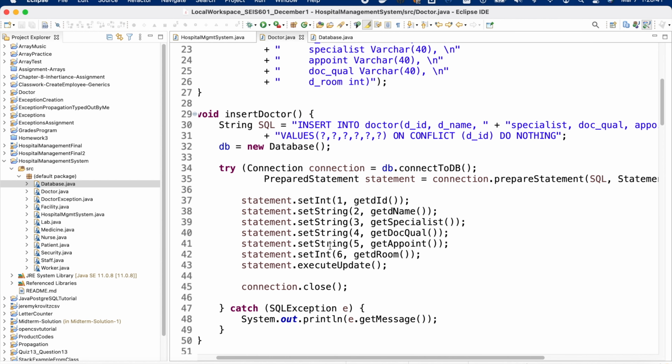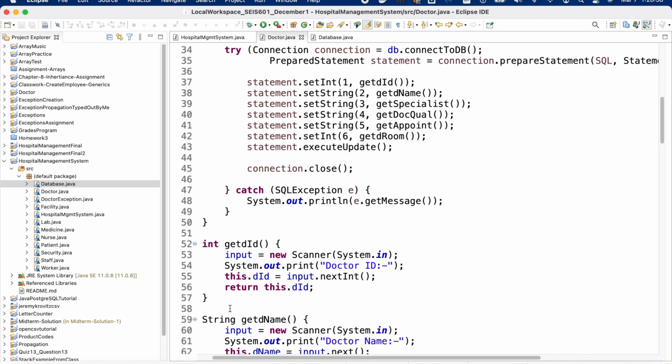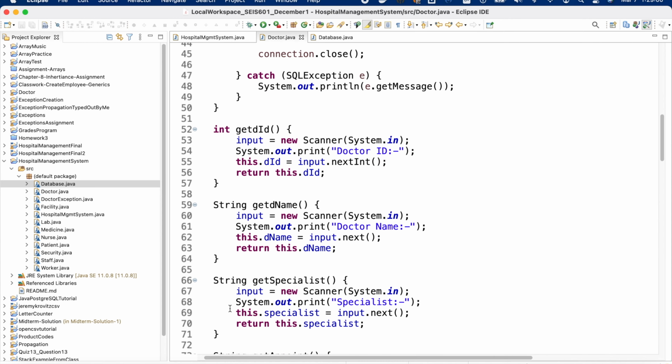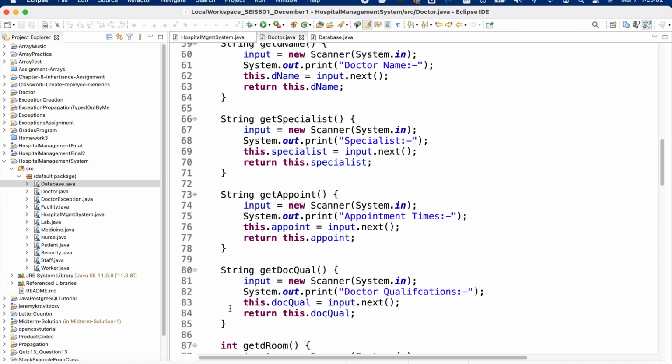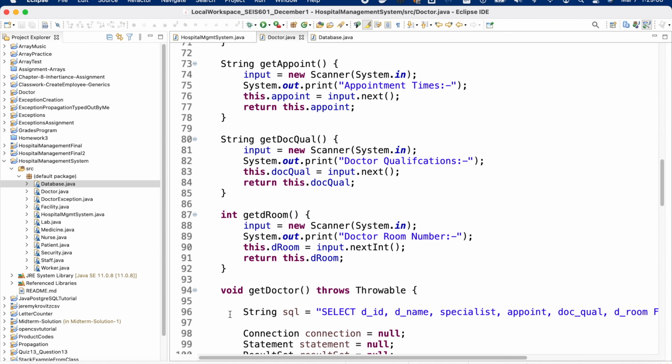And so get did will get the ID from the get did function. It will get the did that's returned based on the user's input. And similarly for get dname, get specialist, get appoint, get qual, get droom,